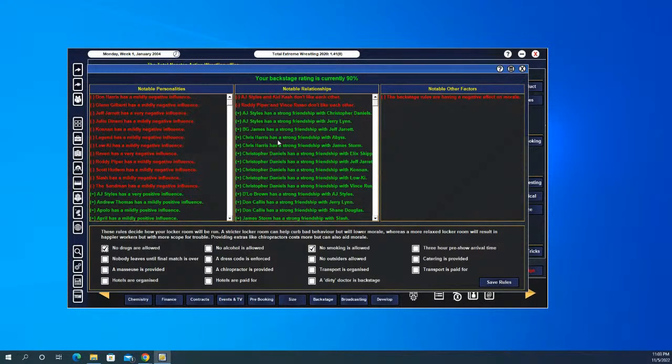Notable relationships. A lot of strong friendships here. But the two negative ones, AJ Styles and Kid Cash don't like each other. Roddy Piper and Vince Russo don't like each other. That is legit. So, also, notable personalities. You have Don Harris, Glenn Gilberti, Jeff Jarrett, Julio De Niro, Conan, Legend, Low Key, Raven, Roddy Piper, Scott Hudson, Slash, and the Sandman all have a mildly negative influence, with the exception of Jeff Jarrett and Raven, who are very negative. And again, if your backstage locker room rating gets too low,